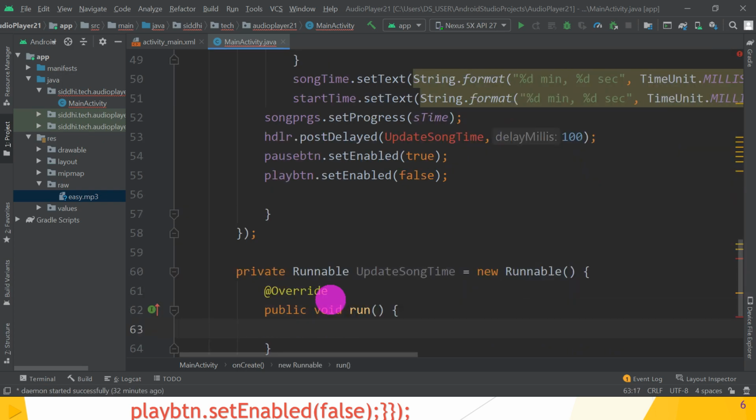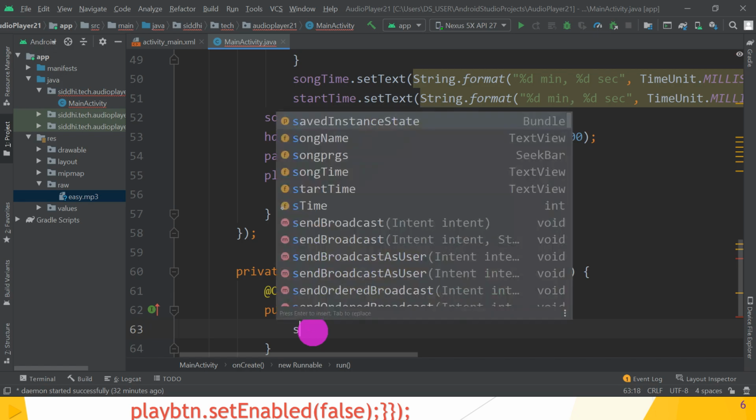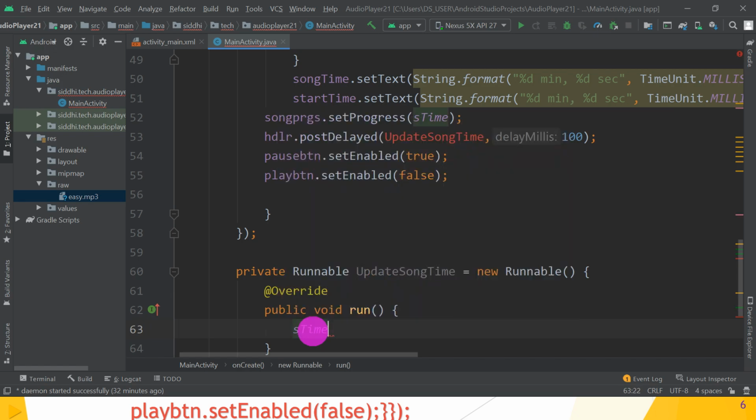Great. In the runnable, we know in multi-threading, runnable is an interface which has a run method, and we must write code inside the run method, which is the multi-threading code. So what is always changing? The time, that is the start time. So start time is equal to